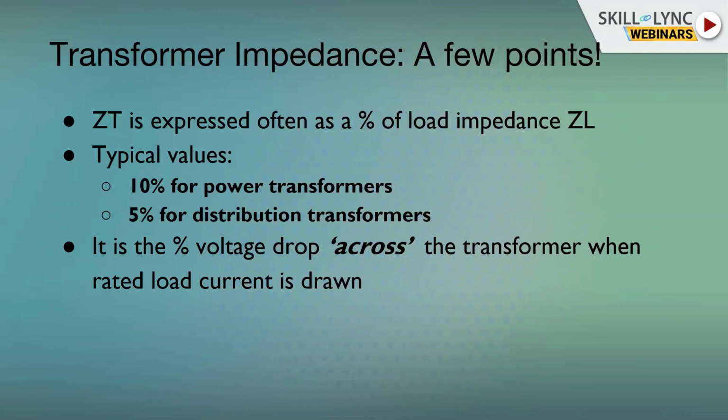And these distribution transformers have a lower impedance. The reason is the impedance, as I was representing, actually represents the voltage drop. So on the distribution side, you want to keep the voltage drop to the minimum. We tackle it with a very low impedance. Whereas in the power transformers, you will see in the next few slides, though the impedance is very high, it actually helps. You will be surprised to know that higher impedance means lower short circuit through fault current through the transformer. So this is a very, very important aspect.